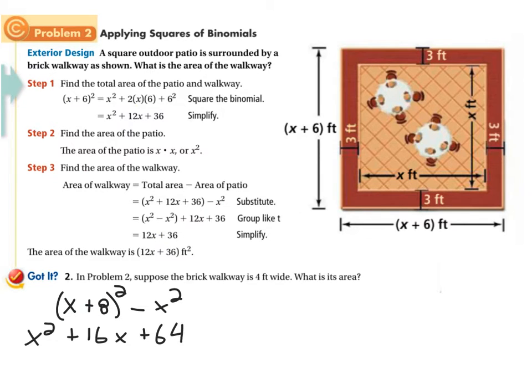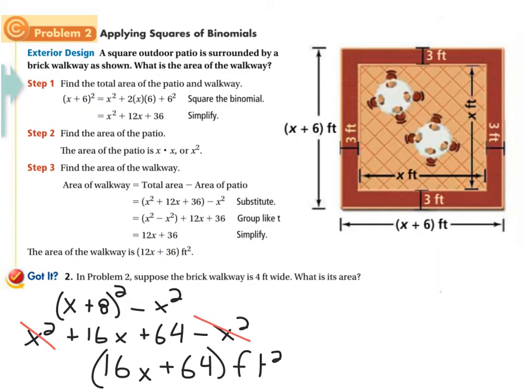And remember, then, we're now subtracting away the x squared, the area of the actual courtyard. So minus x squared. And you should be able to see then that this x squared minus this x squared cancels out. And what you get as an answer is 16x plus 64, all of that,